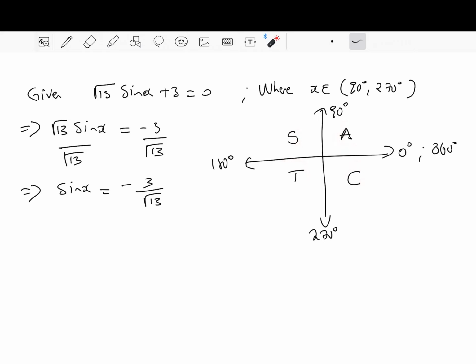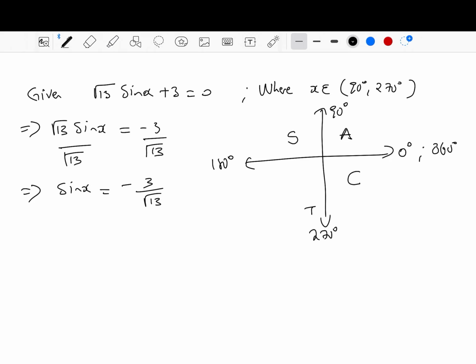If we look at this, we're saying that our x is here, but we see that our sine value is equal to a negative value. We see that sine is positive here, but sine is negative here. That means we can actually write out how this